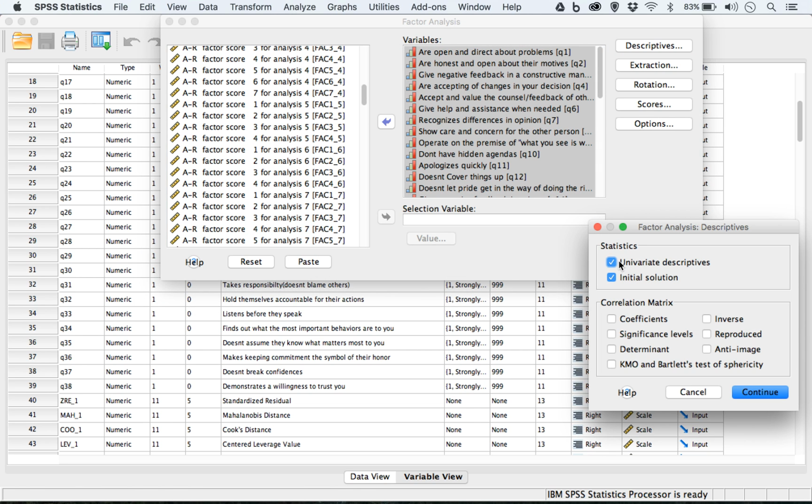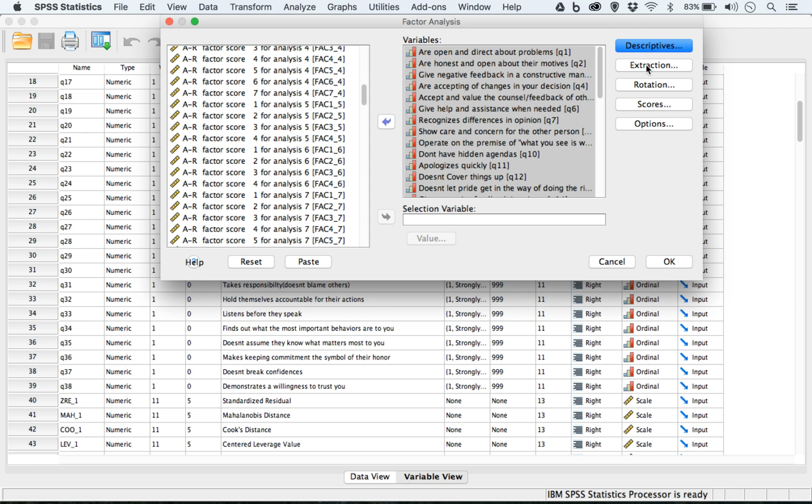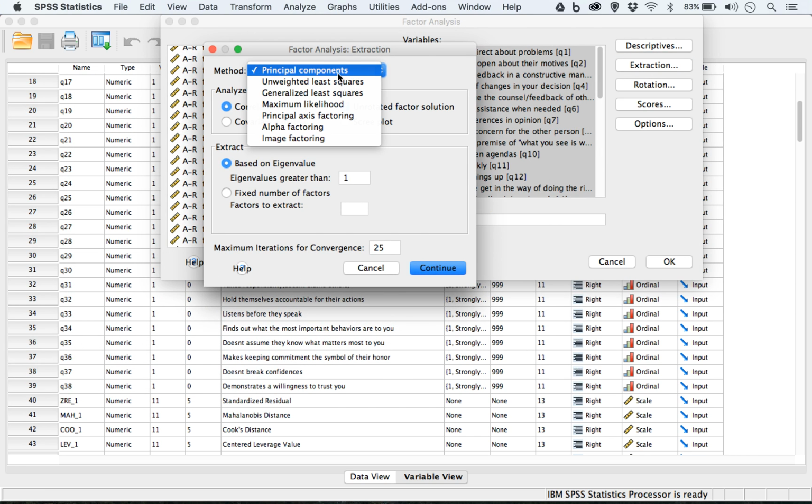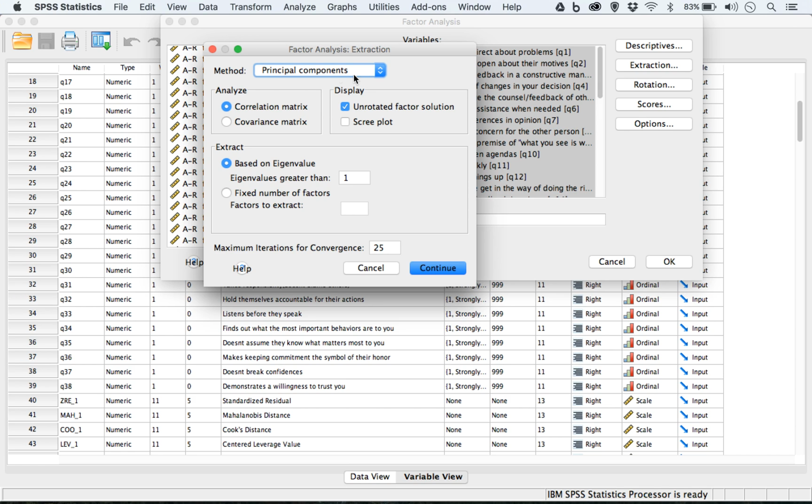I want to know the univariate descriptives, the coefficients, significance level, the determinants, the KMO and Bartlett's test, the inverse, the reproduced, and the anti-image data. For the extraction, I'm going to use principal components. I want a scree plot and the unrotated factor solution. Right now, I'm just basing my eigenvalues on 1 because I don't know how many factors I'll actually get from